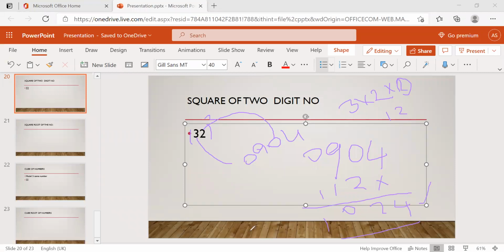Right? So whatever number you are taking, first write the individual square values. Then multiply these two numbers: 2 into 3 into 2, 12. Then leave the first digit, just leave this one. Then add this 2 here: it is 4, then 2, 9 plus 1, 10. 1 is always carried in mathematics. And 1024. This is one example for the square value.